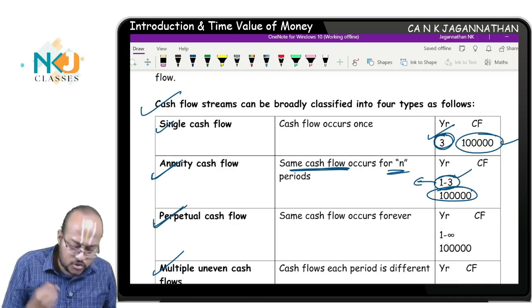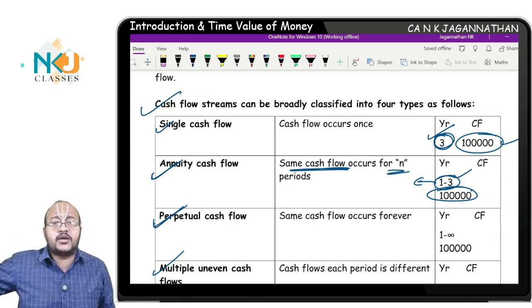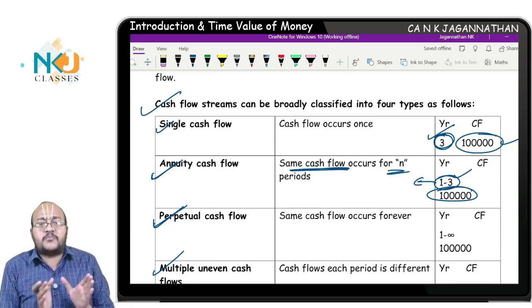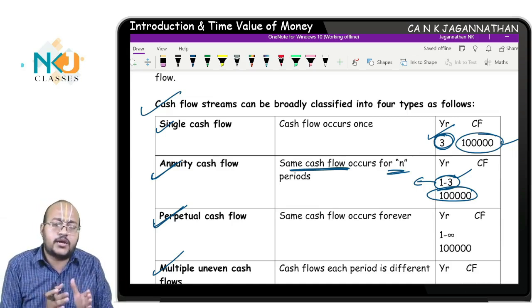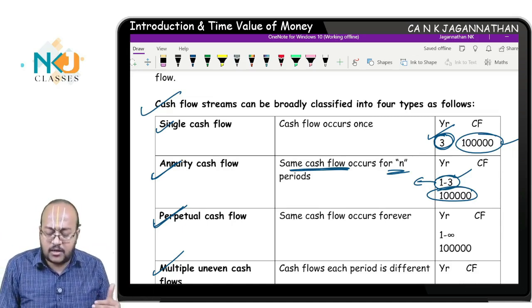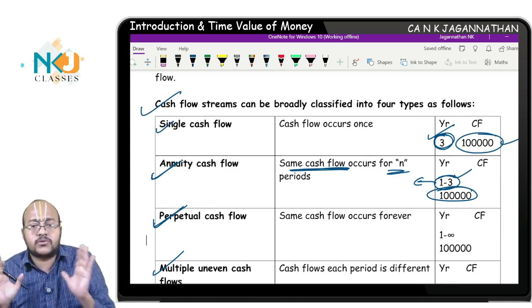Next, to come to perpetual cash flow. At the annuity level, we will also discuss annuity immediate and annuity due, and there I will explain it. Present value factor, how to find it for annuity due and annuity immediate and all, we are going to discuss. But generally, what do you mean by this, year 1 to 3? At the end of the year only you are going to receive the cash flow.